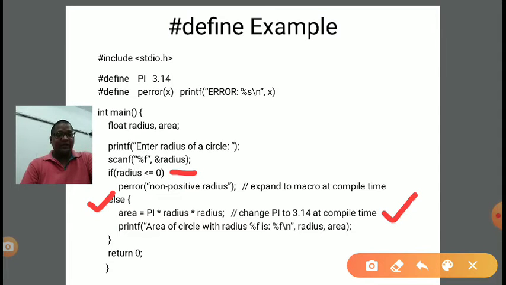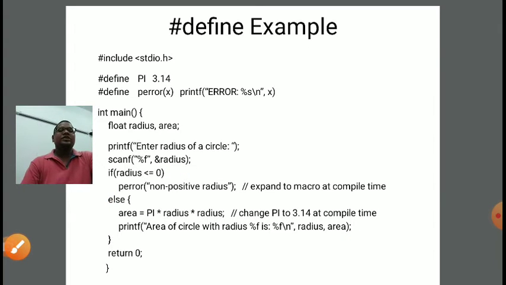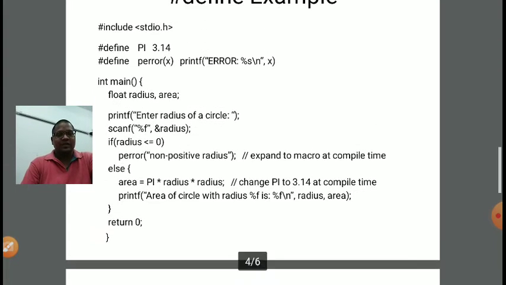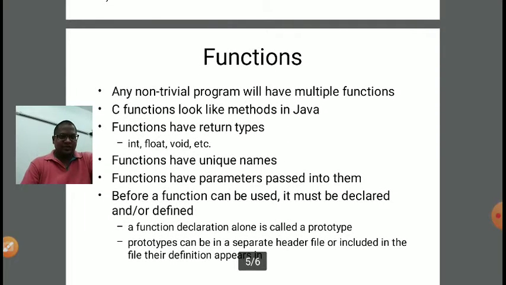It will calculate the area value, and then it will display the corresponding area. So #define can replace the constant variable declaration which we did before main, globally. Now the next concept is function. Without a function also we can write a program, but what is the significance of including a function in a C program?